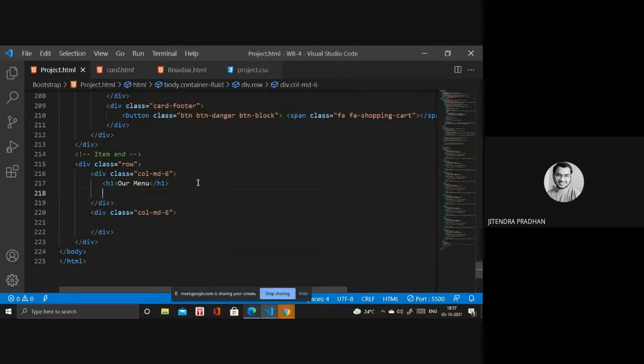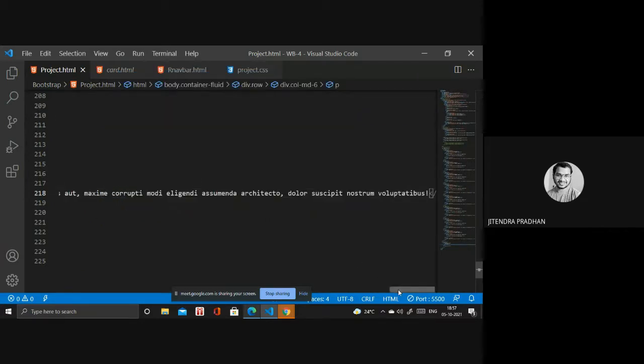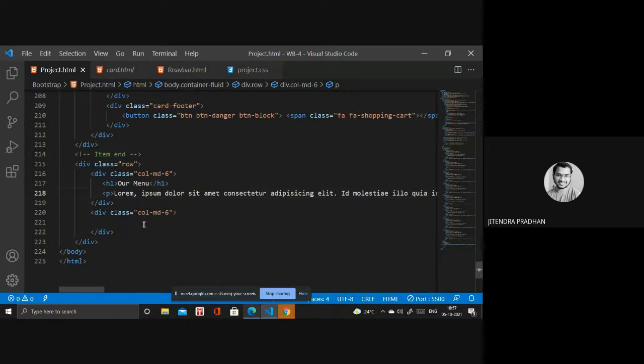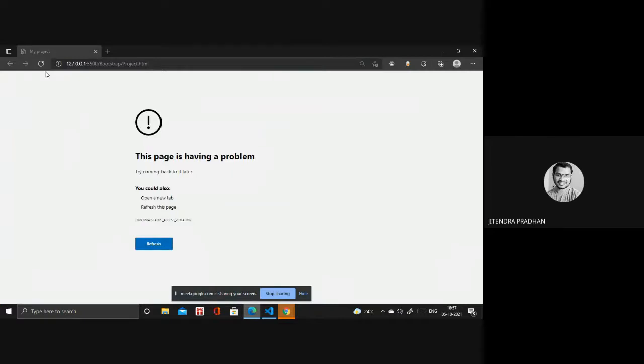And we have to design something, p with lorem 100, okay, done. How does it look, let's see.